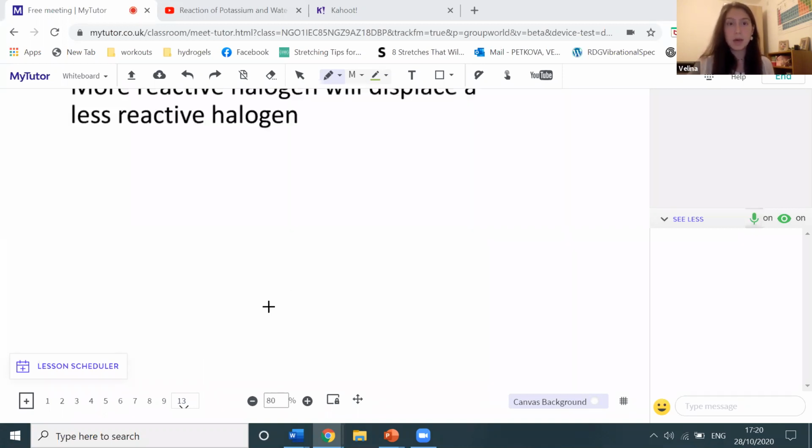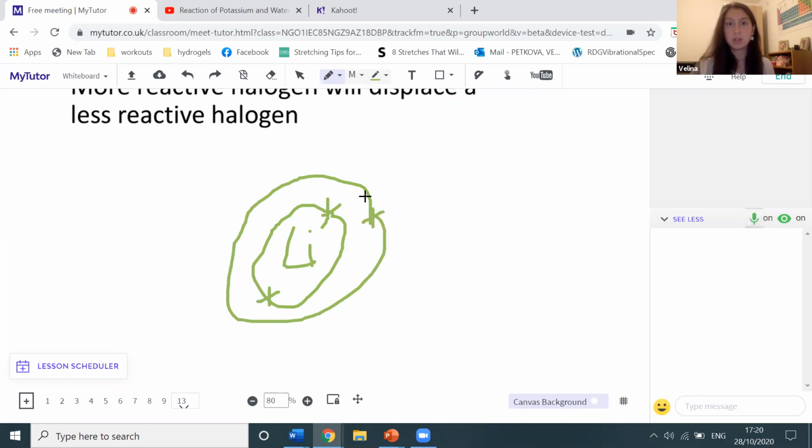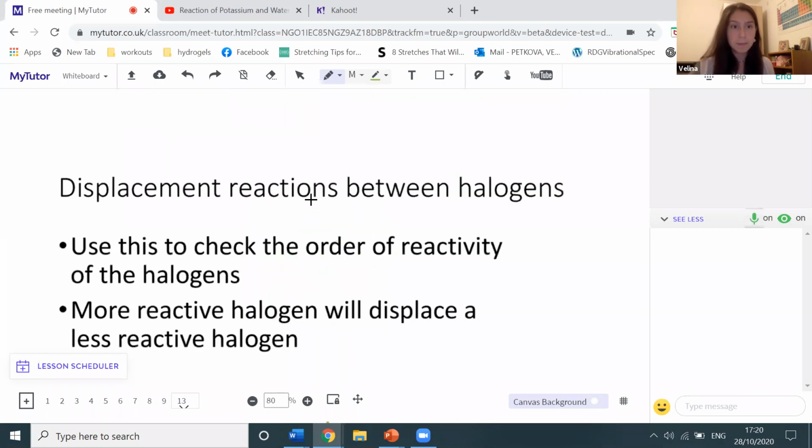Outermost means, so if we take lithium as our atom, we have 2 inner electrons, and then one outermost electron. So the outermost electron is whatever is in the outer shell, the last shell. Okay, so